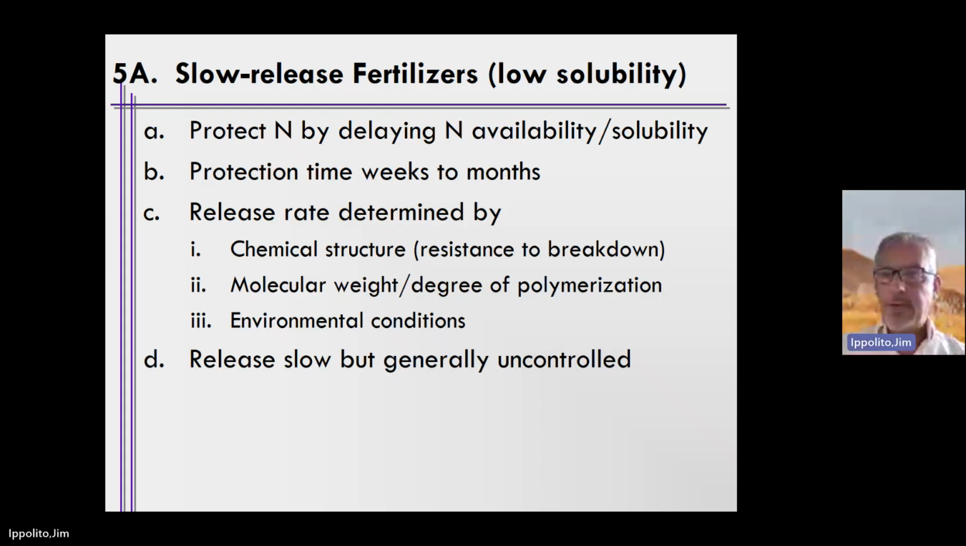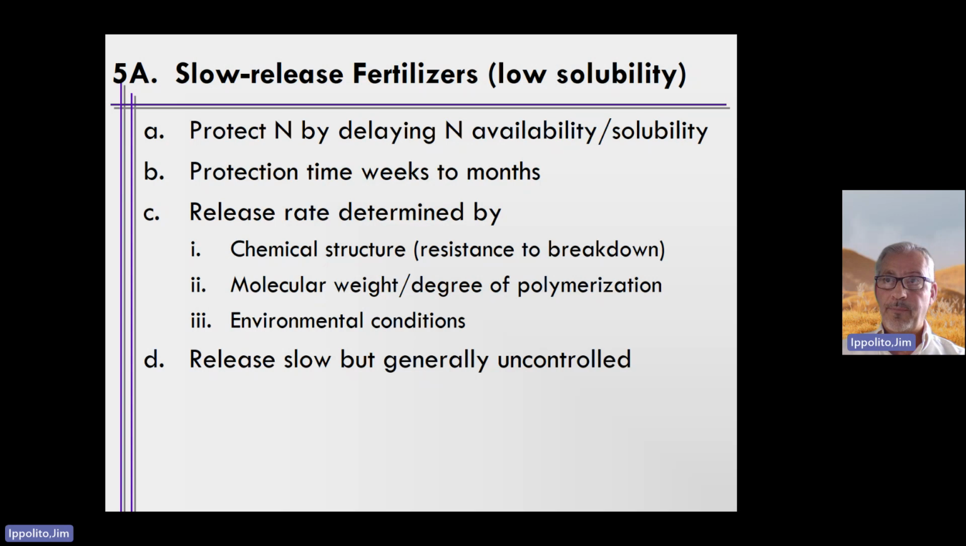So besides nitrification and urease inhibitors, fertilizer manufacturers have come up with other creative means by which we can improve nitrogen use efficiency. And one of those means is the creation of slow release fertilizers. These types of fertilizers protect nitrogen by simply delaying the availability or solubility of nitrogen, right? They are slow release fertilizers. The protection time is between weeks and months, and the release rate of nitrogen from these types of fertilizers is